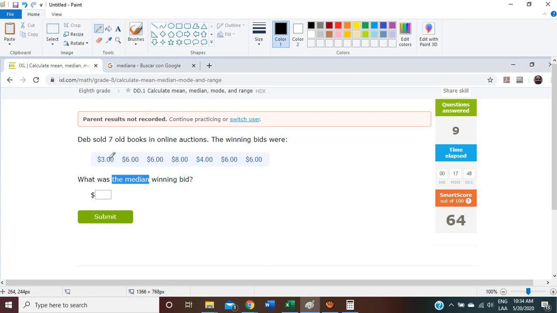The lowest here is 3, comma, and then we have a 4, comma, and then we have 6, 6, and then we have